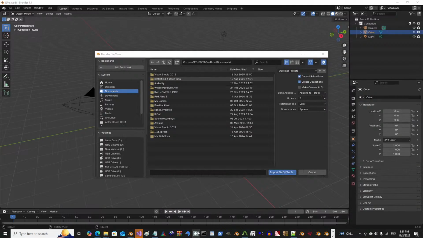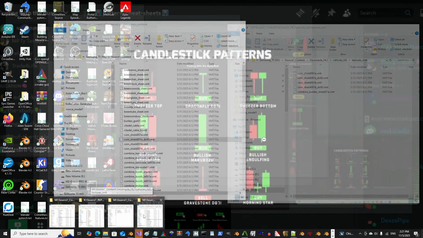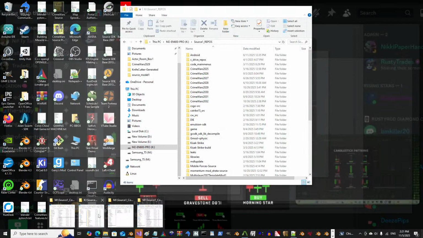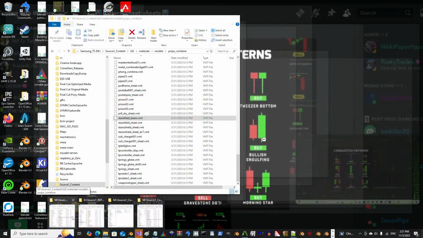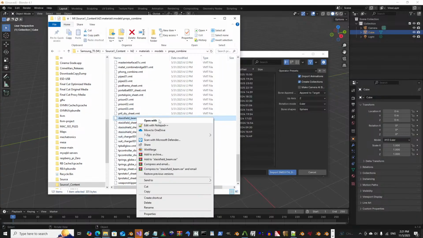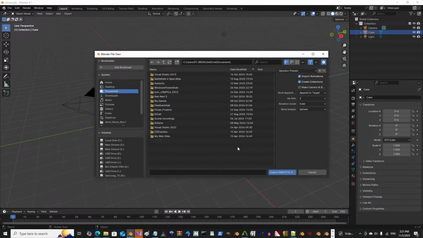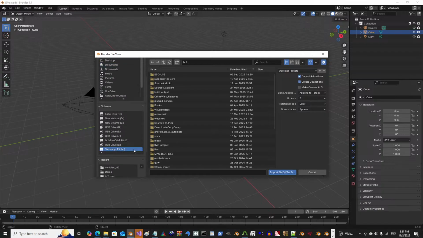I should have just downloaded the thing. Status field beam. This is an interesting one. Okay. The one we wanted was